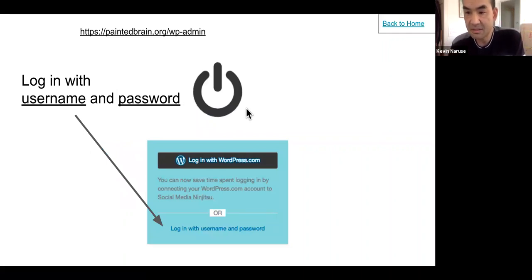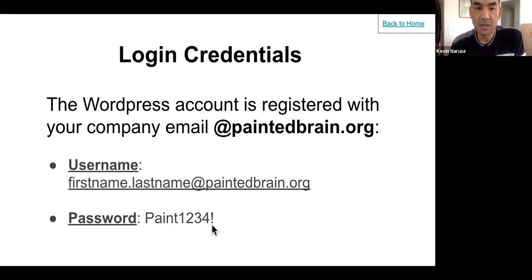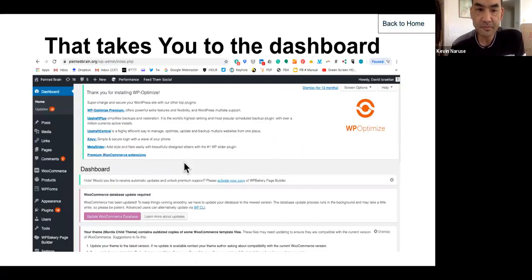Now, if you've already logged in, you've seen it before. If you haven't, you have to just click here. And then when you do, you're going to be using this. And oh, don't use paint1234. I believe it's that same password I sent everybody. So it's like the paint something 2020. Let me know if you still need to log in, and I could send it to you, but only if you holler and say you don't have it, because otherwise I'll assume everybody is all set and ready.